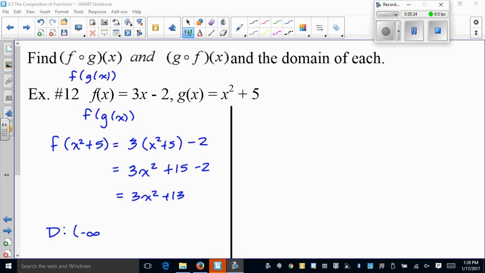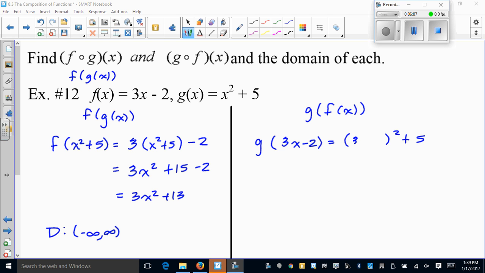Okay, so let's try it the other way. g of f of x. So I really want g of 3x minus 2. That's f of x. So everywhere I see an x in this guy, I'm putting this in place of it. So I have x squared first, so x squared plus 5. By the way, I put the parentheses here. I say x, but I don't write x. That way, I don't forget to do all of my substitutions. Plug in 3x minus 2 for my parentheses,